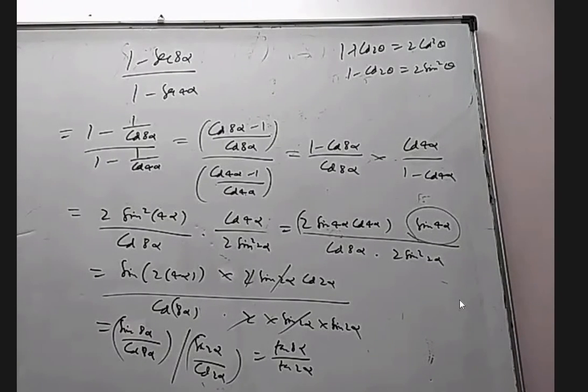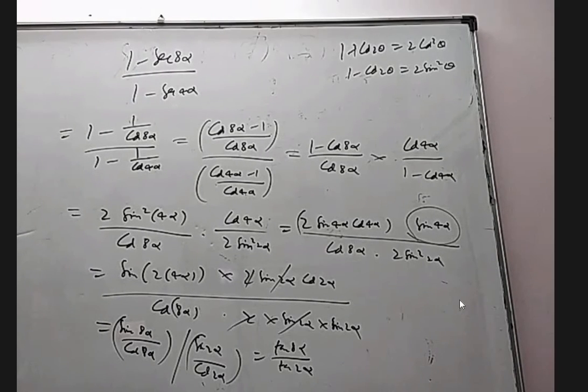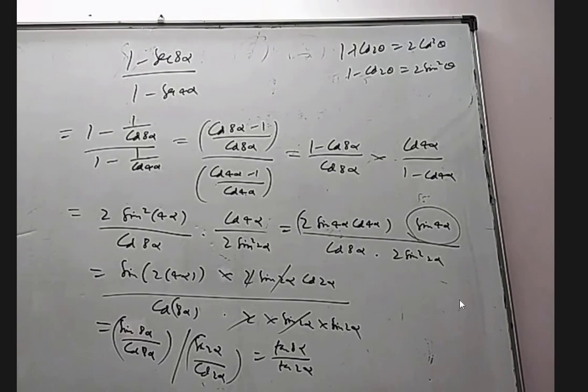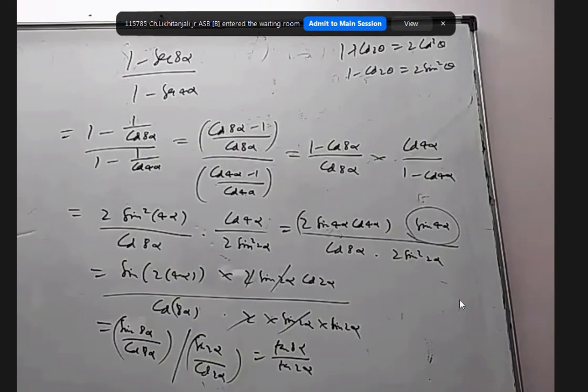So these are just those few formulas only, manipulating them this way, that way. Sir, in the last step, how did you write that one? Sin 2 alpha by cos 2 alpha, sir, in the denominator? In the numerator, the cos 2 alpha, I just brought it to the denominator. Actually, cos 2 alpha by sin 2 alpha is cot 2 alpha in the numerator. If it is in the denominator, tan 2 alpha.